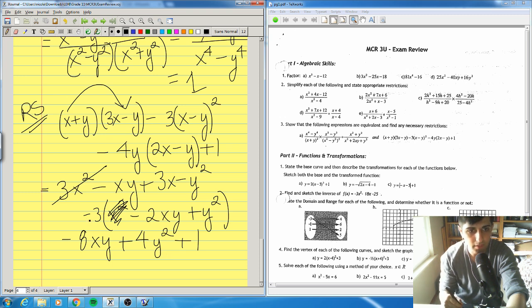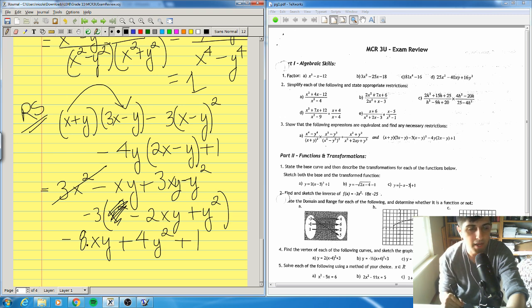Then negative 3 times negative 2xy is positive 6xy, right? And let me double check. Ooh, I think I'm missing a term here. Okay, am I missing a term? I think I am. Yes, this should be 3xy. Okay, that's why. Okay, so I got 6xy